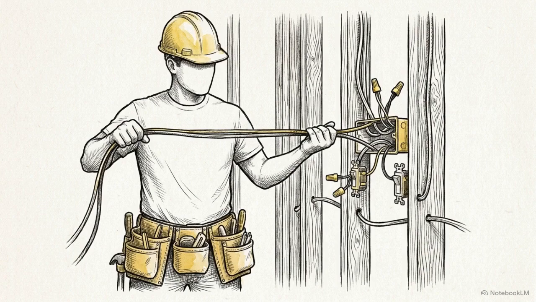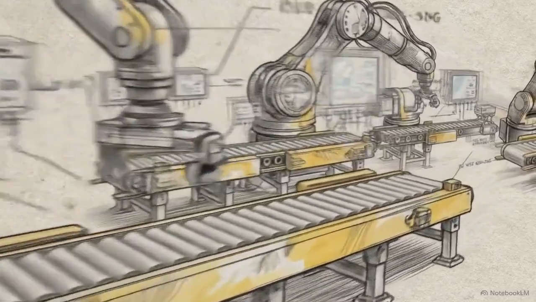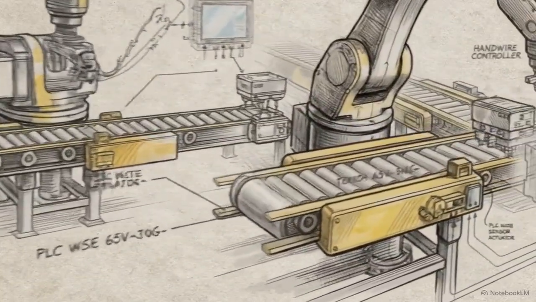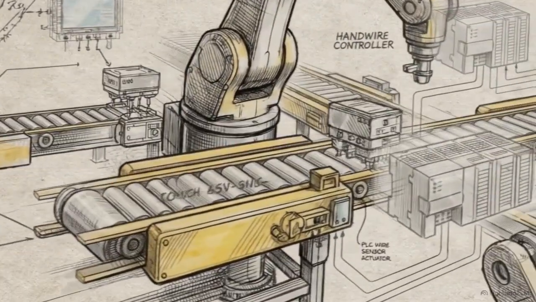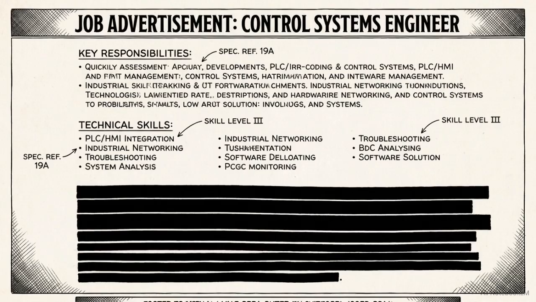The title electrician typically brings to mind pulling high-voltage cables through residential framing or wiring commercial breaker boxes. But inside a modern manufacturing facility, the daily reality of the job shifts from basic electrical distribution to the management of high-speed digital logic. This job listing for a manufacturing site in Dandenong, Victoria, outlines the specific requirements for an